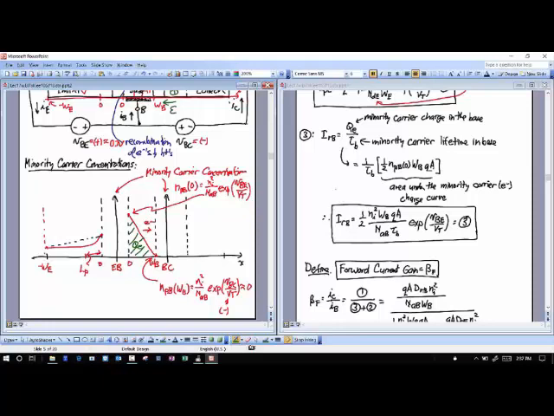And so to calculate that, I'm literally just going to take 1/2 N sub P B at 0, which is that point, WB, which is the area under that curve. You see that? Multiply by Q times A, that's QE. And then I'm going to divide that by a minority carrier lifetime in the base. That is a function of the capture cross-section. It's going to be different for different types of bases and that sort of thing, but it's a time. It's in seconds.